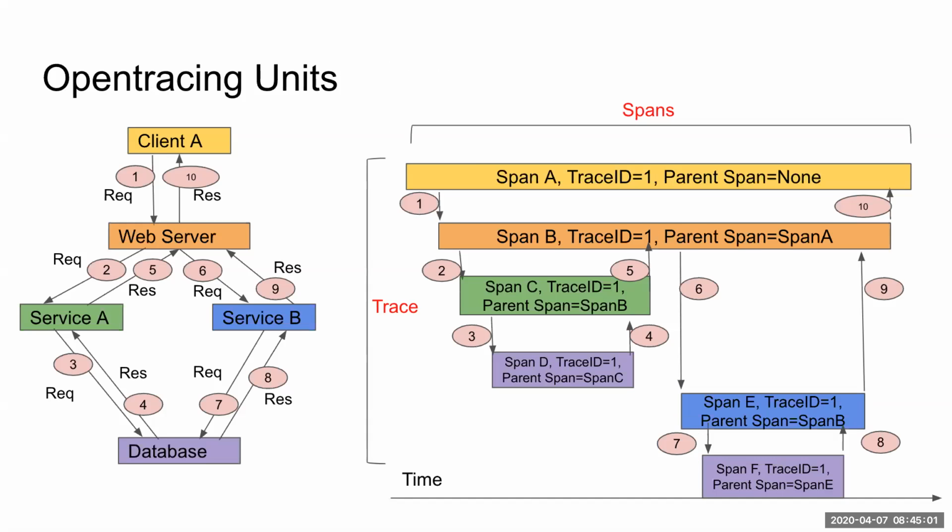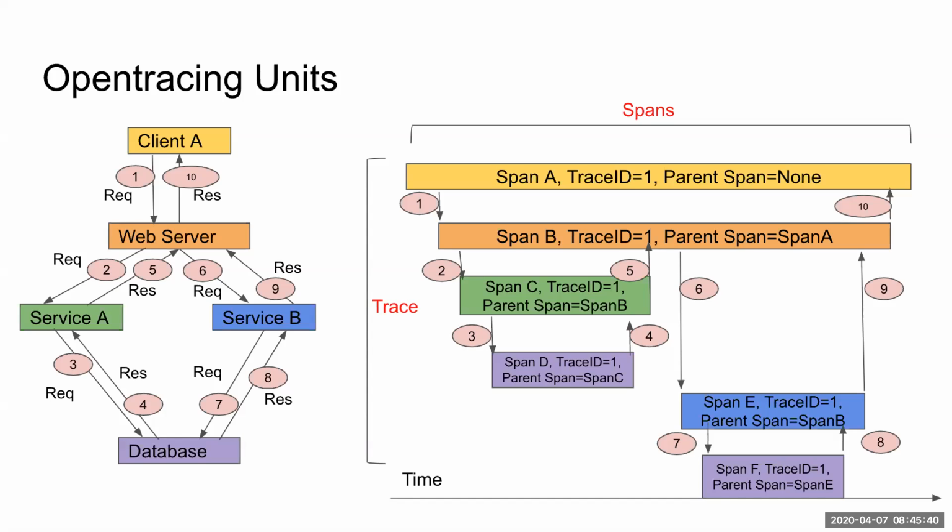And now we talk about the basic units in Open Tracing. In Open Tracing, we have two basic units called a trace and spans. A trace, just like the workflow, includes multiple spans. So in a trace, there will be multiple services and multiple operations. A span is just like an operation. An operation could be some internal function call, so I call that function, or I do some remote procedure call. I send some network traffic to another service with Kafka, gRPC, or HTTP.